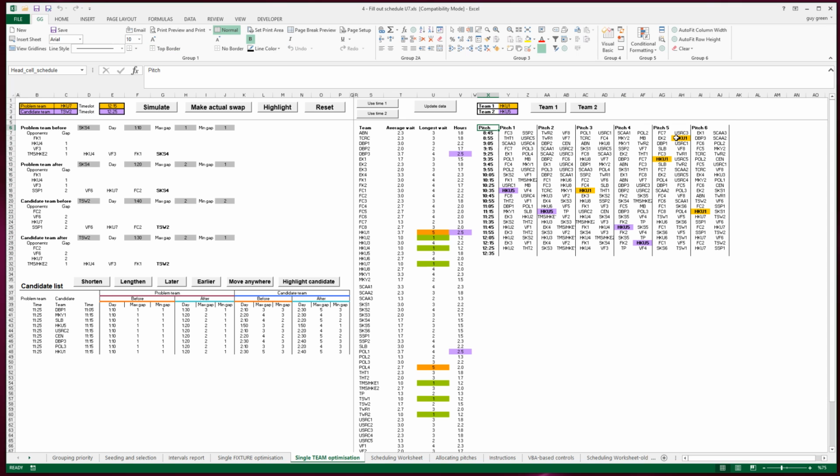Here you can see I've pre-entered HKU1 and HKU5 because I know that these two teams are spread across 3 different pitches. That's fine if Sandy Bay is not the festival host. But if Sandy Bay is the festival host, and therefore has to provide pitch marshals, that can be